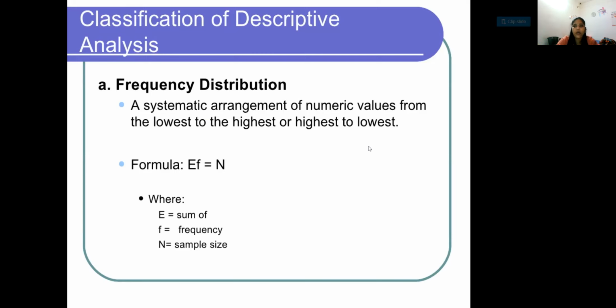We have to make the coding sheet first, and after that we can go for the analysis, and then make the frequency distribution. You can arrange it from highest to lowest. You can make it in two different ways: lowest to highest, ascending order, and descending order. How can you make it? Don't write the name of the sample. Only take the sample number 1, 2, 3, 4 like this. If there are 50 samples, you can take it, and you have to take the first sample.